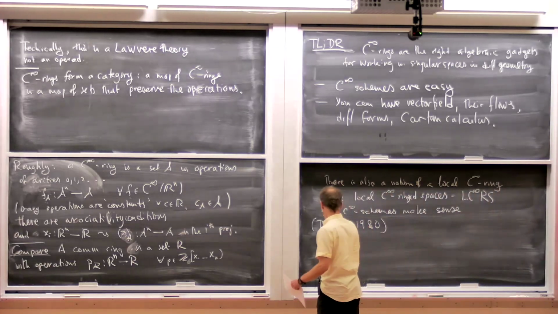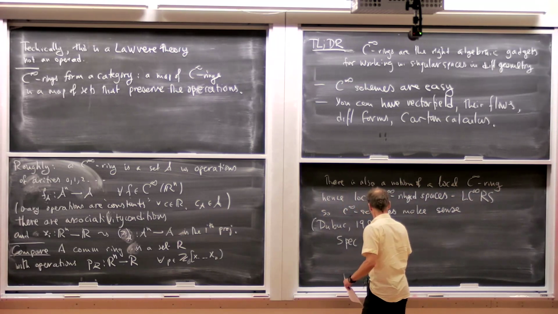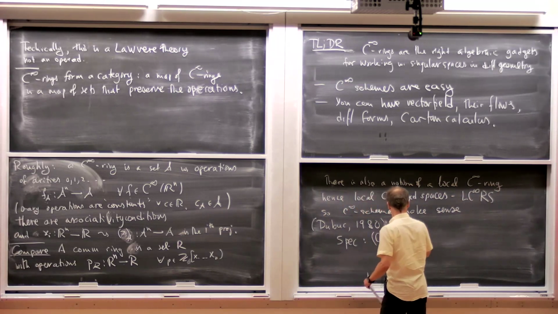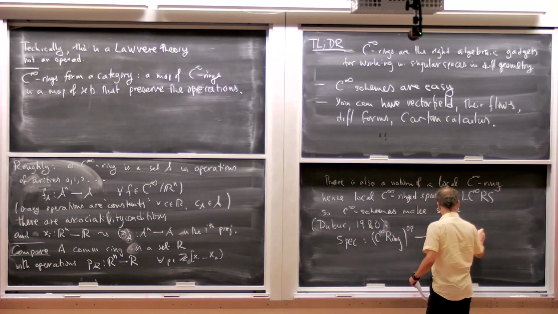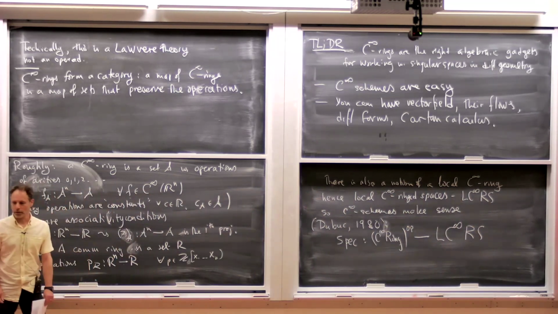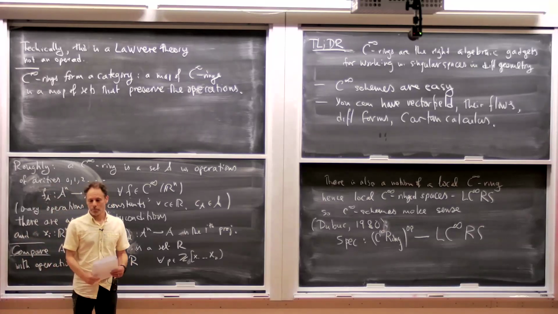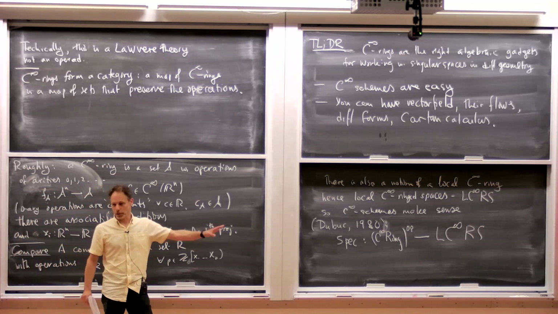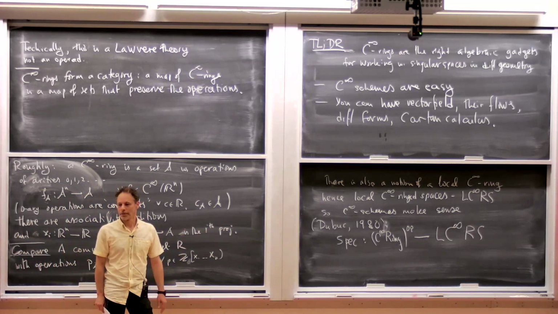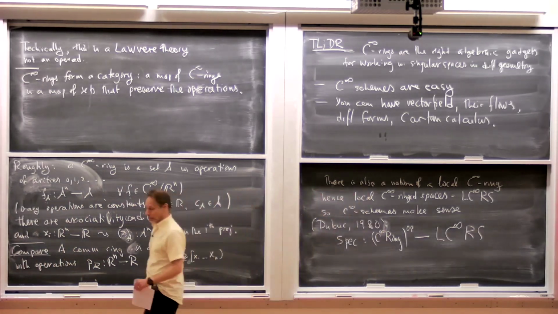Right, so there is a functor. What the book actually did, he constructed a functor Spec from C-infinity rings to local C-infinity ring spaces. The essential image of the functor is the affine schemes. You can glue them together. You can define projective schemes. But the funny thing is that the projective space RP^n is an affine C-infinity scheme. So it's not clear why you would want projective C-infinity schemes, but there are papers about them.